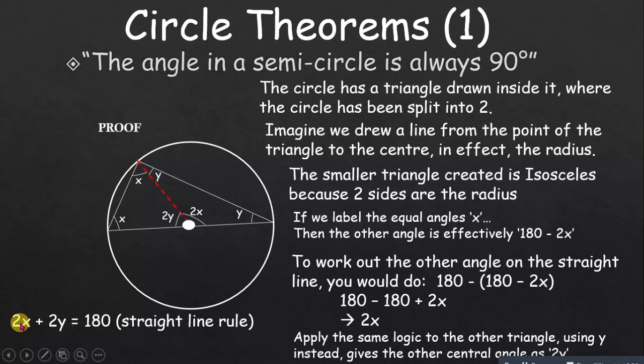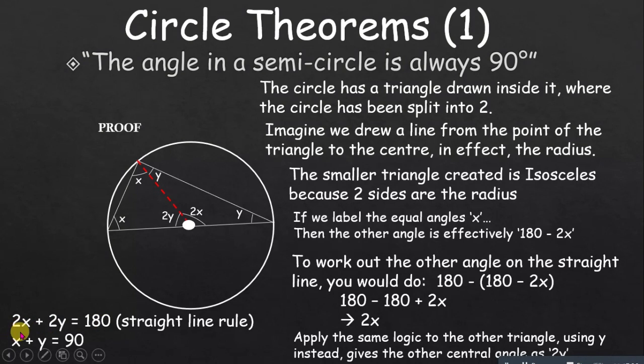It means that when I take 2x plus 2y, I will get this place to be 180 degrees. We have just stated that angles on a straight line give you 180 degrees. So if here this angle is 2y and this angle is 2x, when I sum them, I must get 180 degrees, angles on a straight line. Okay, and then we can group like terms. Let me put it that way. So 2 is here, we can factorize the 2 out and divide it through. So if you divide through by the